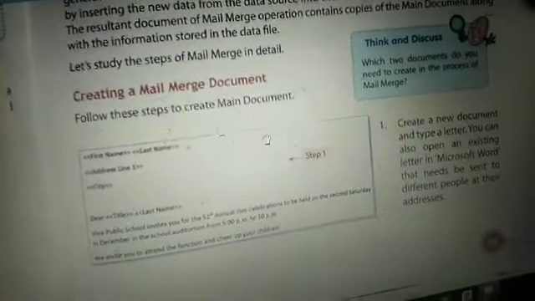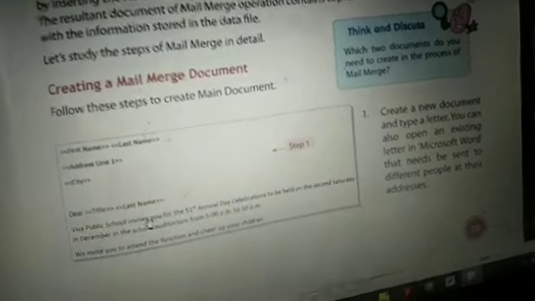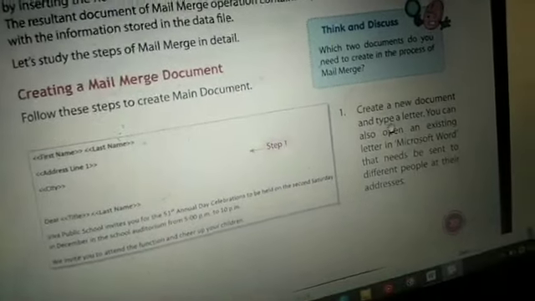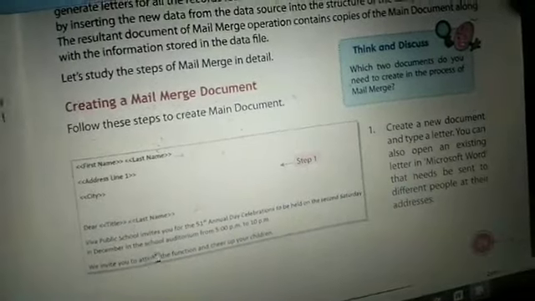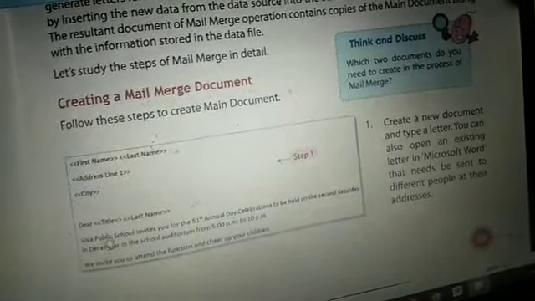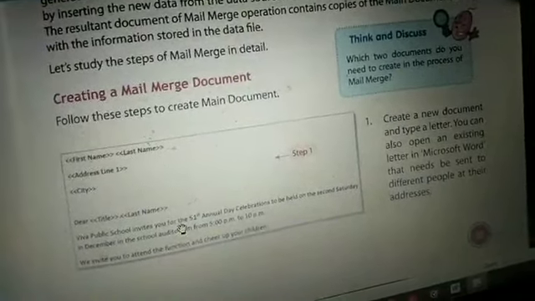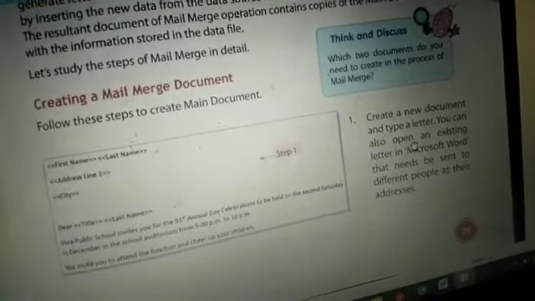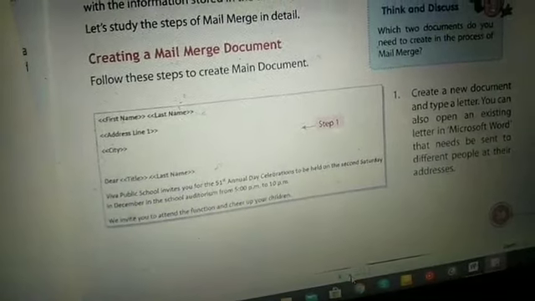Fine. So the first one is creating a mail merge document. So students, if you have a computer in your home, you just open MS Word, okay? And in MS Word, the first step is to create a new document and type a letter like this. This is the format. You can type it as it is, or if you have any old content, you can use that also. You are just going to write a simple invitation letter for a different purpose. So this will be your first step. Okay, for students, after showing everything in the book, then I'll show you everything practically also.